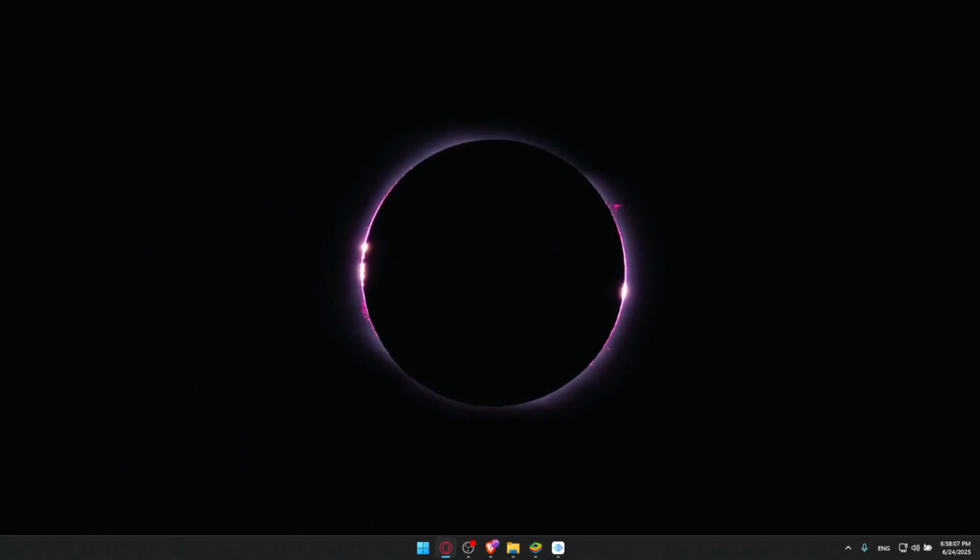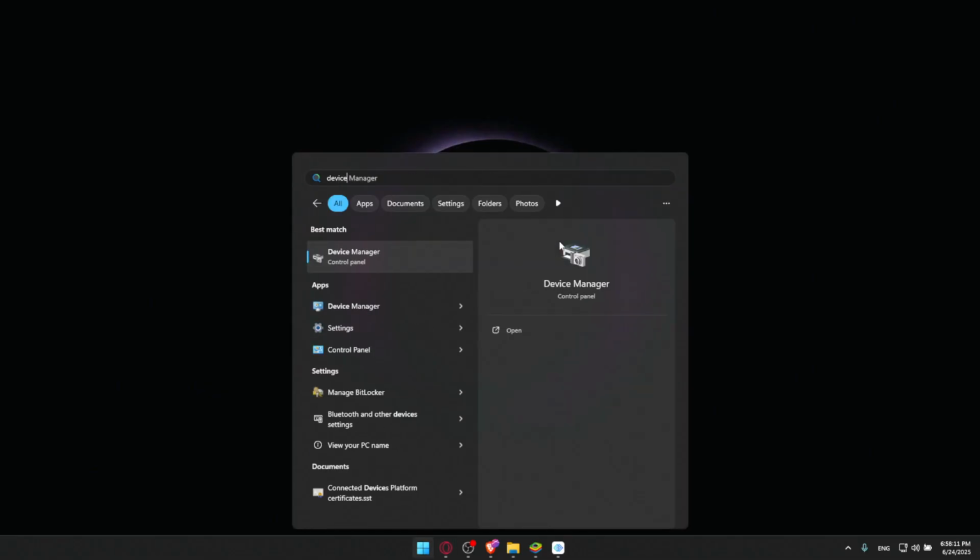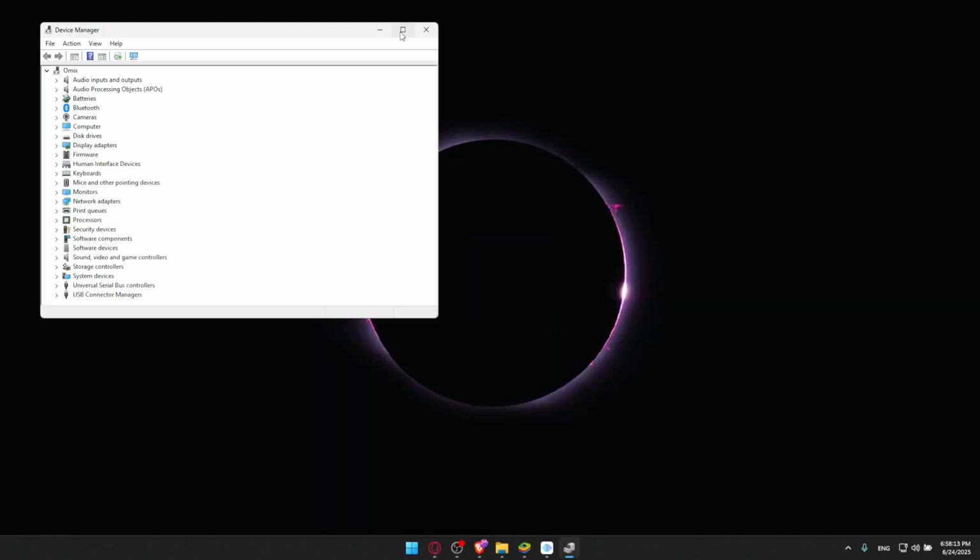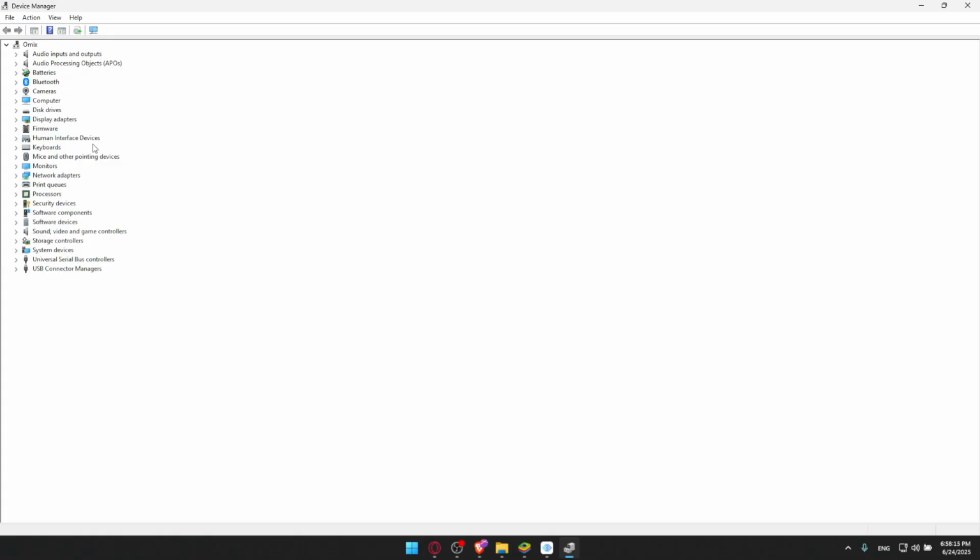Other than that, you can go on and update or reinstall audio drivers. You can look for device manager. In here, you'll be able to locate the sound option. So where's the sound? Here it is at the bottom, so sound. And right here, as an example, you'll have to go